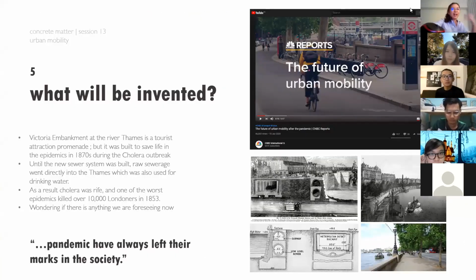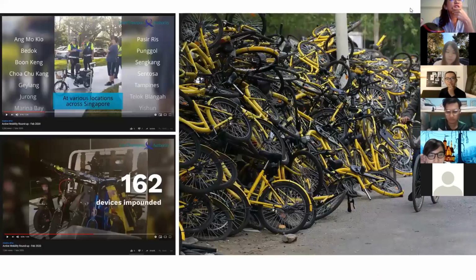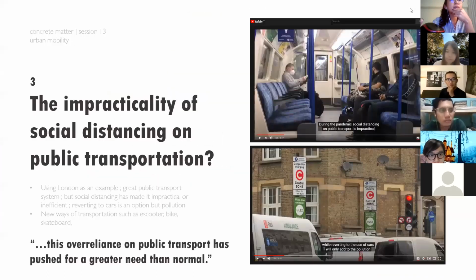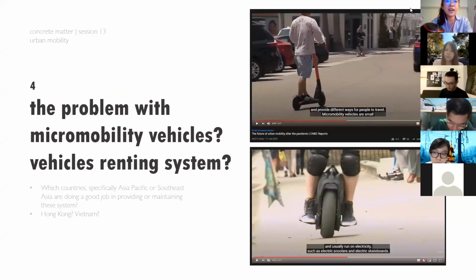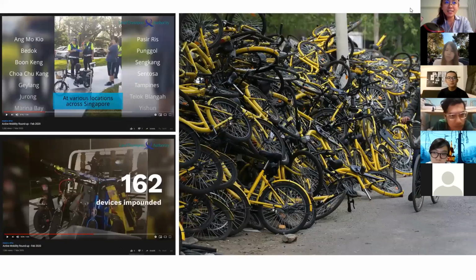So I just want to highlight the issue over here. Especially during this period of time where we still rely on public transport, and then we cannot use public transport, and some of us cannot afford a car, if we're going to go for this direction of micro mobility vehicles, are we going to end up with something like what is happening in China, or is there a better solution? So these are some of my questions. If in the audience you have an answer or an opinion to share, and especially from the speakers, please do address them later on during your sharing session.